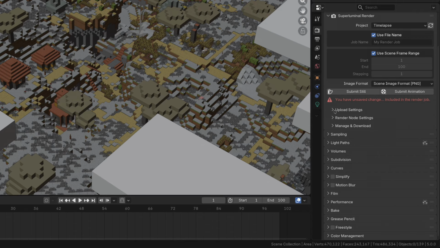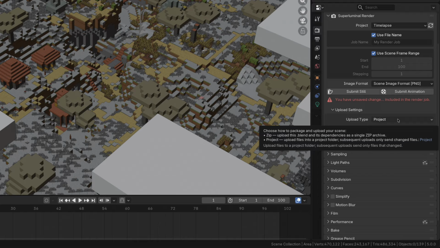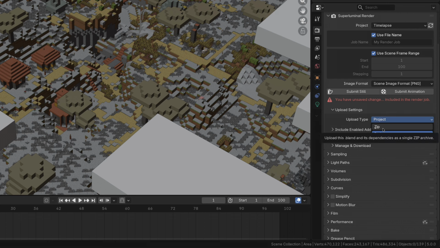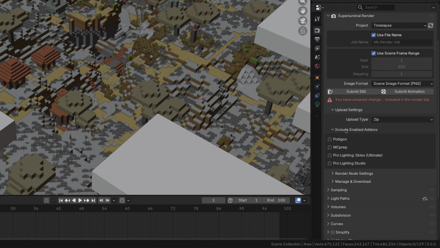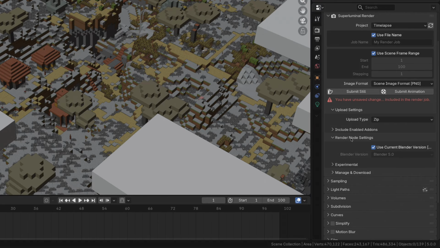And then we have different upload settings. This is where we're able to choose between the project and zip upload mechanism. Again, project will share resources between renders, but for this demo, I'll use the more standalone zip upload method. And then we have options such as including different add-ons to go with the upload itself in case those are necessary during render. Under render node settings, you can choose other options such as the specific version of Blender you'd like to use,